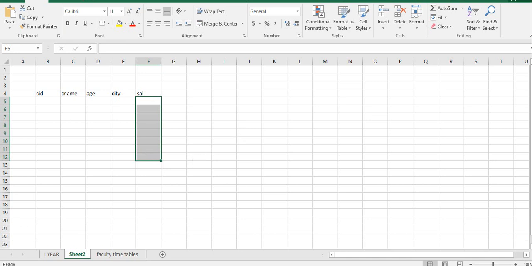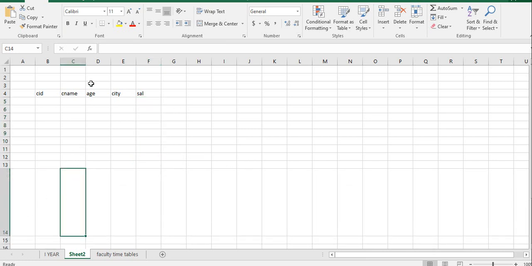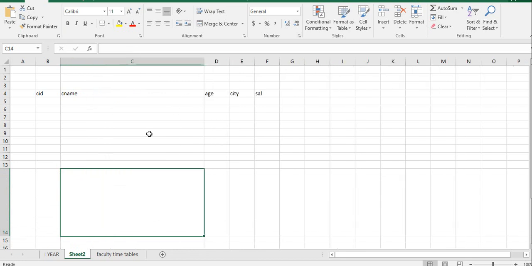Okay. So, what is the syntax to create a table? Create table. What we are creating? We are creating a table. So what is the name of the table? I am making it as cust.